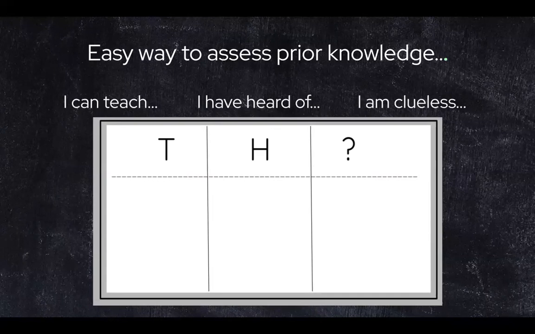Give them a list and have them categorize that list of words or concepts or processes. Have them categorize them into T, I can teach these, H, I've heard of these, question mark, I am clueless about these. This should help inform you in how you can instruct your students, what level of instruction they need